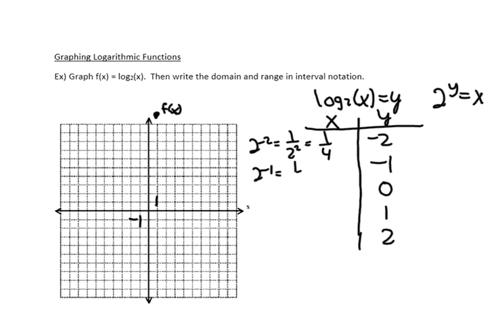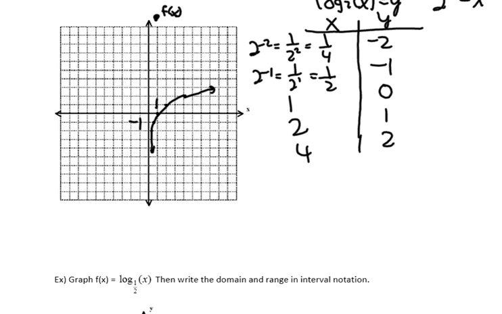2 to the negative first is the same thing as 1 divided by 2 to the first. That's 1/2. 2 to the 0 is 1. 2 to the first is 2. And 2 squared is 4. All right, so let's plot these 5 points then. All right, so